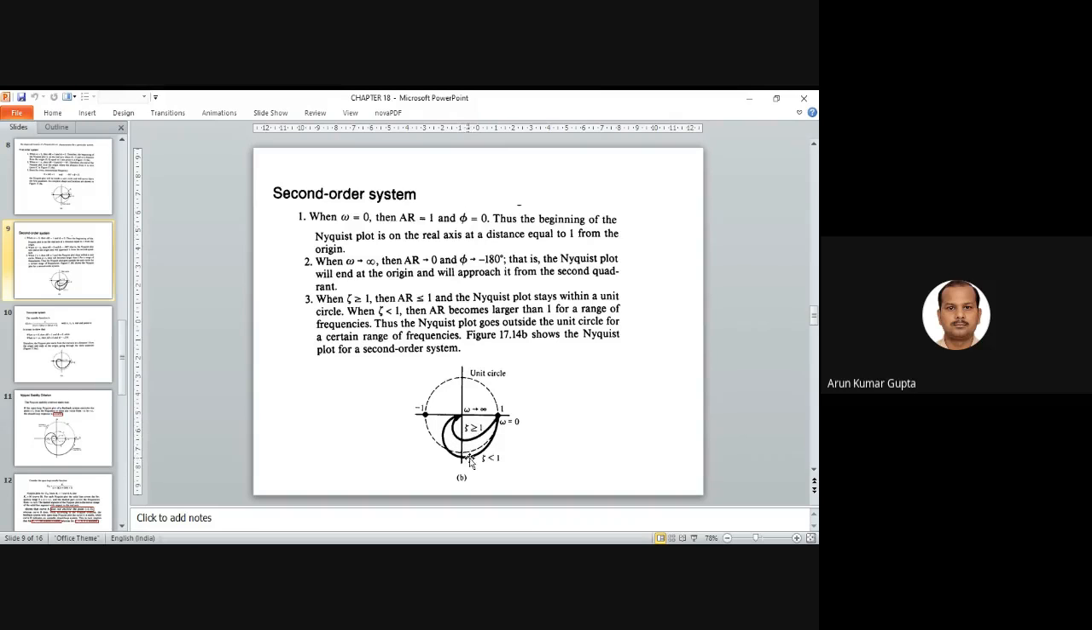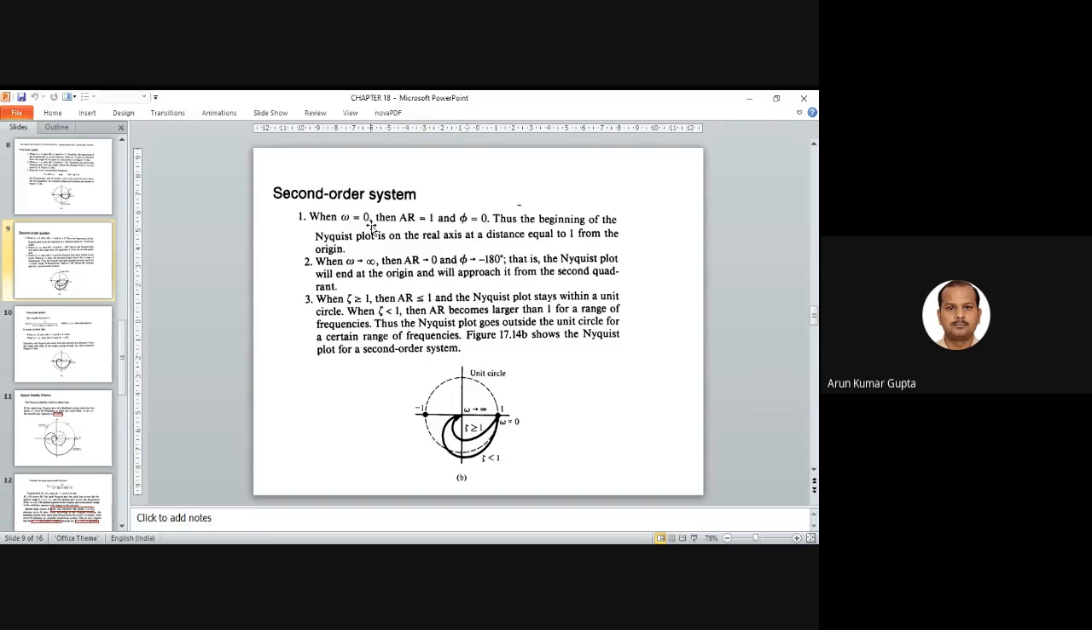Zeta less than 1, it will cross. Less than 1 means we have the high amplitude. High amplitude means it will cross the unit circle. So zeta less than 1, it will cross the unit circle, it will go like this. The location will cross, you can say, minus 90, and as you are seeing this, it is reaching minus 180,